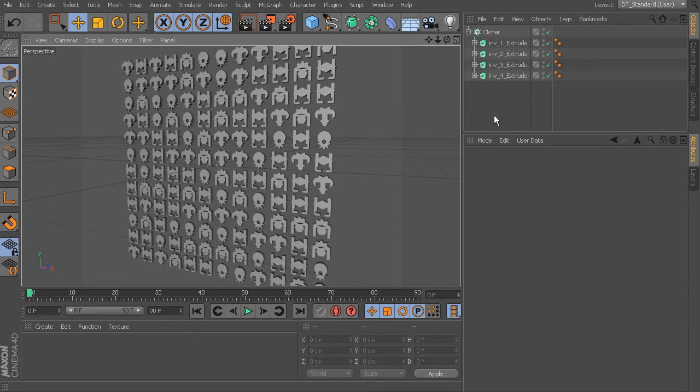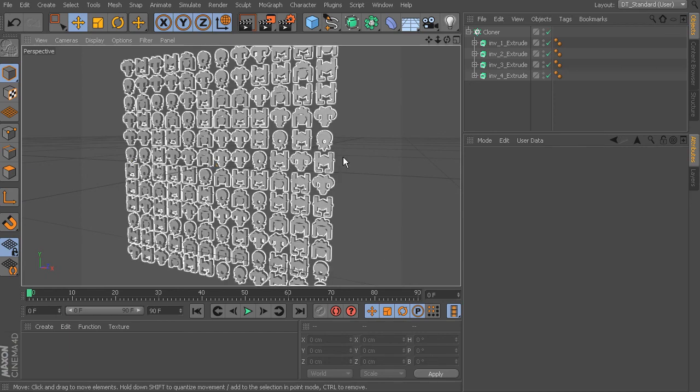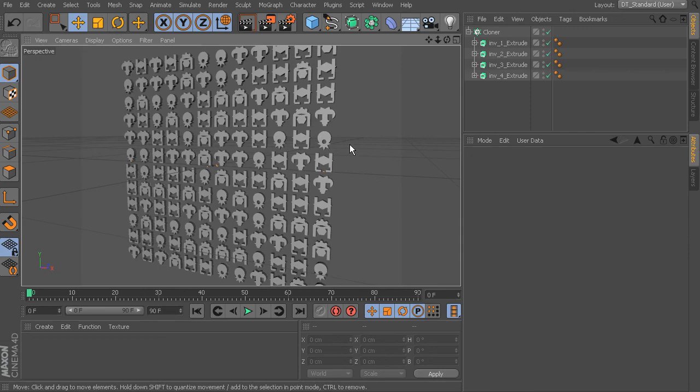One of the cool things about using a cloner is the fact that we can use different kinds of effectors to make things appear, make them turn around, make them come into the frame. So let's take a look in the next lesson at